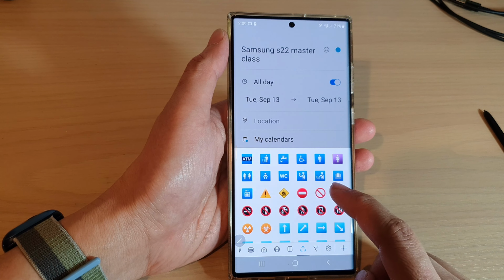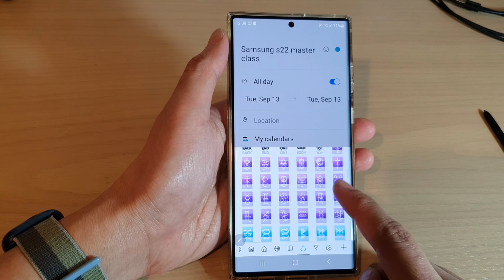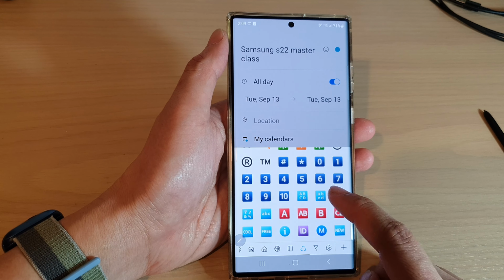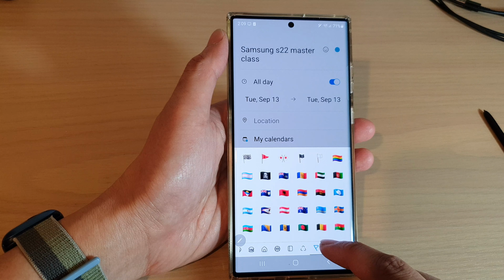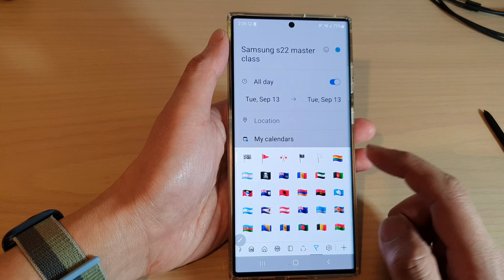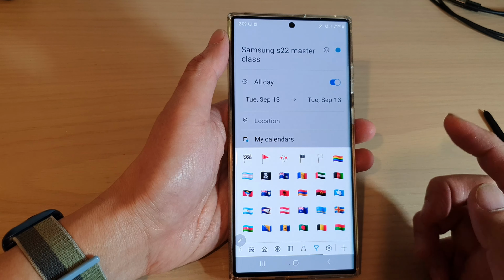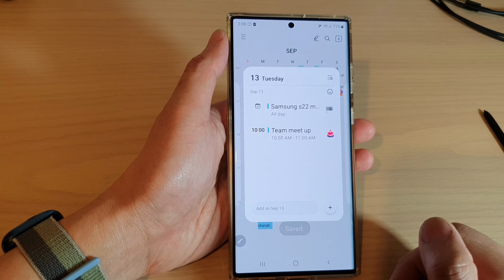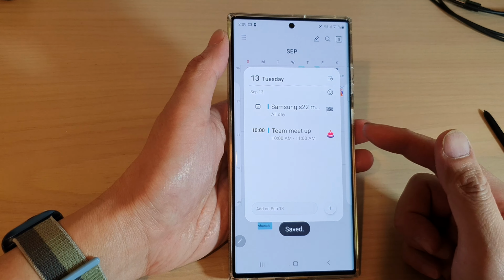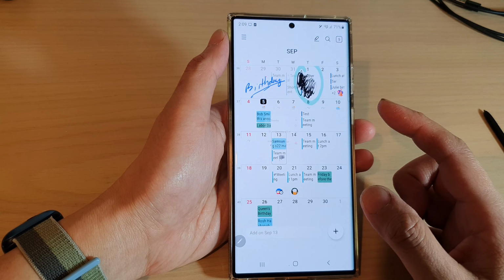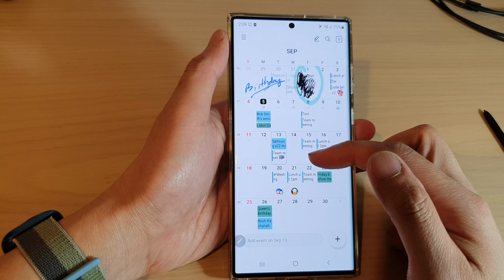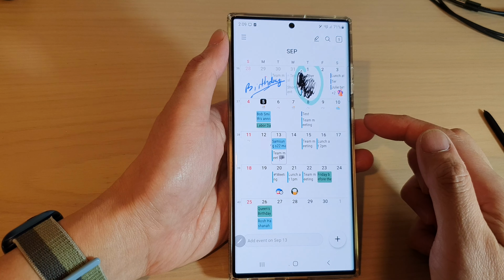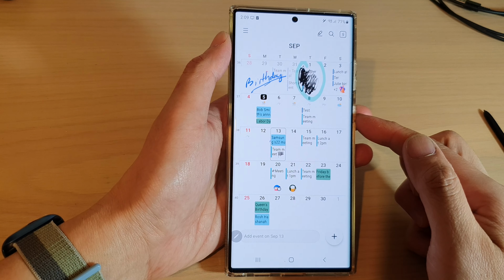So you've got spots, you've got icons on the things that we normally use, such as arrows or numbers, and we've got flags. So just select something that you want to use, and then tap on save, and that's it. So now we have created an all-day event in the calendar with an icon as well. And that is how you can create an all-day event on the Galaxy